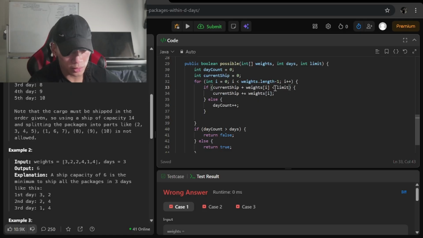Current shift plus smaller equals, then current shift plus equals weights.